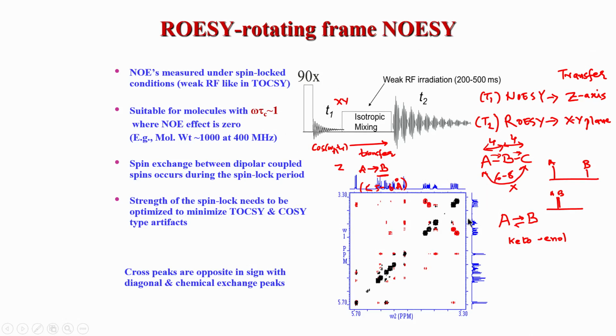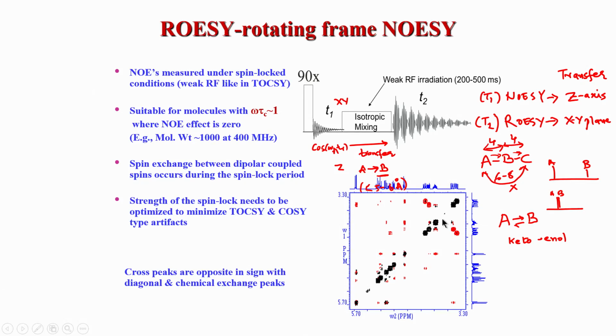There have been a lot of papers published showing how the TOCSY effect can be removed from the ROESY spectrum. As I said, in ROESY you can also end up getting TOCSY peaks, because TOCSY is also the same kind of experiment, although the parameters, I mean the power levels, are different, but still there can be a leakage problem. TOCSY peaks can show up, and similarly ROESY peaks show up in TOCSY, but there have been a lot of developments and research papers that address this point.